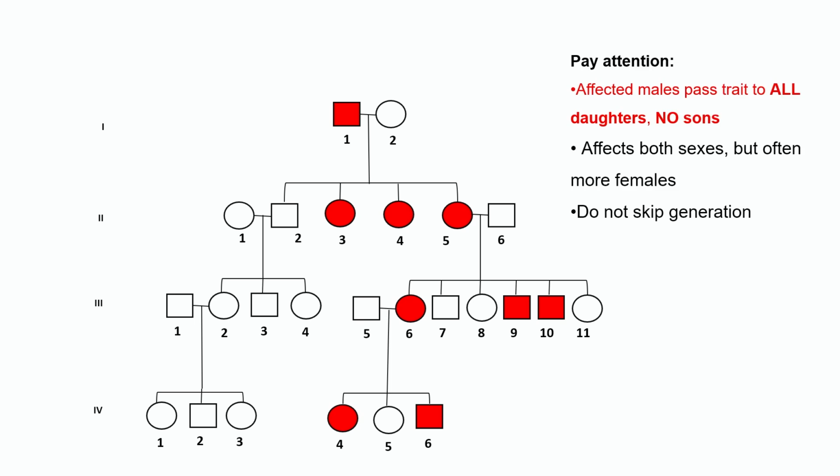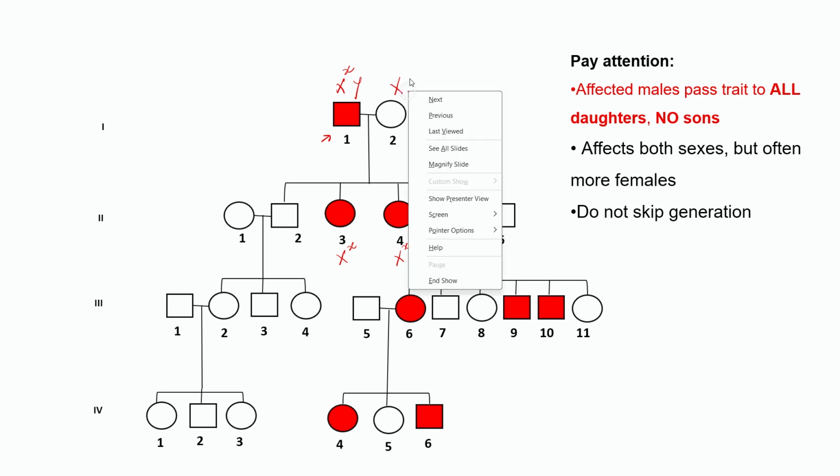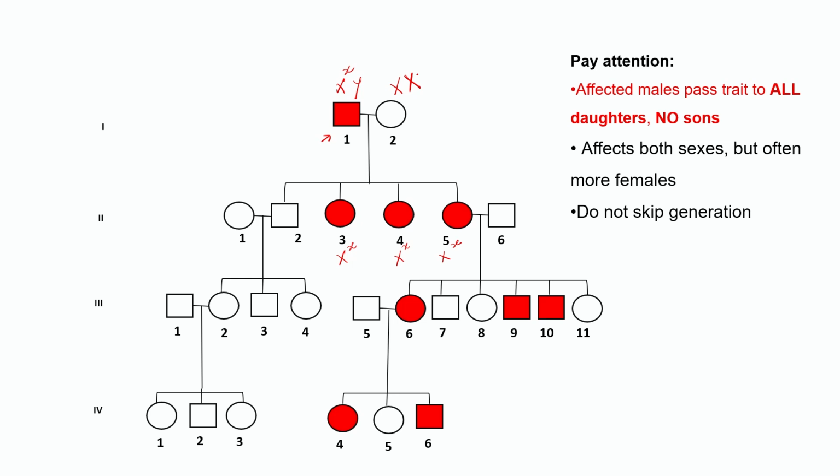So now let's look at the pedigree, which is the X-linked dominant. If this is an X-linked dominant pedigree, and this is an affected male, you see that all daughters are affected, so definitely they are receiving this X from the father, and none of the sons, they are not having any problem. So for now, I'm just putting one X like that, and then this one like that, just to show that these are normal X chromosomes, because it's